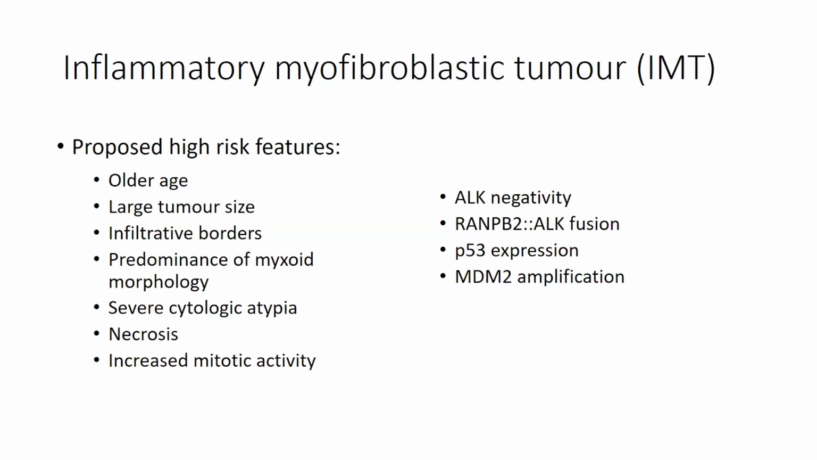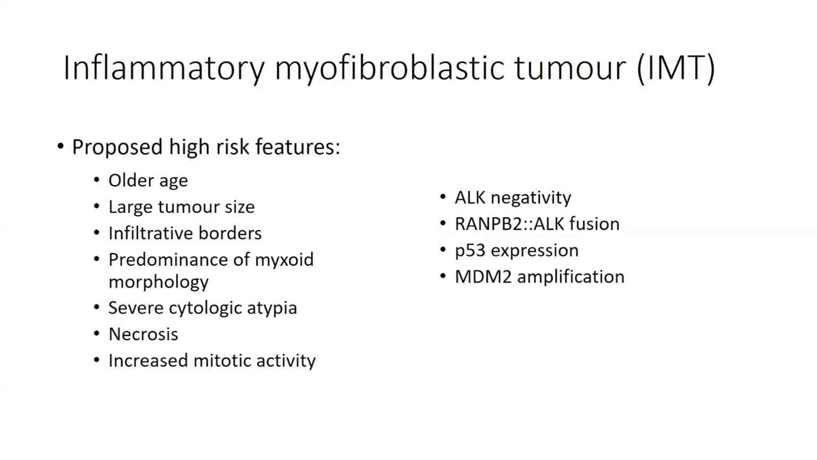The morphologic features are what have been proposed for uterine IMTs, while the IHC molecular features are from other sites because not much molecular work has been done on uterine IMTs prior to this paper. So the features are having an older age, large tumor size, infiltrated borders, the predominance of a myxoid morphology as opposed to a fascicular morphology, severe cytologic atypia, necrosis, increased mitotic activity, ALK negativity, RANBP2-ALK fusion, P53 expression,